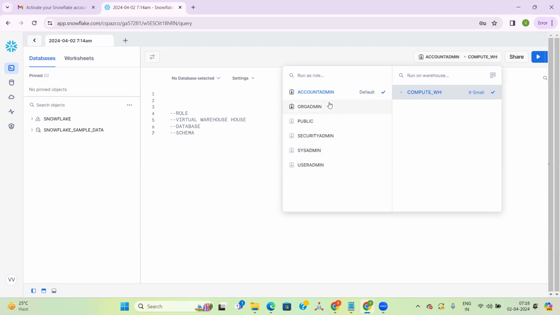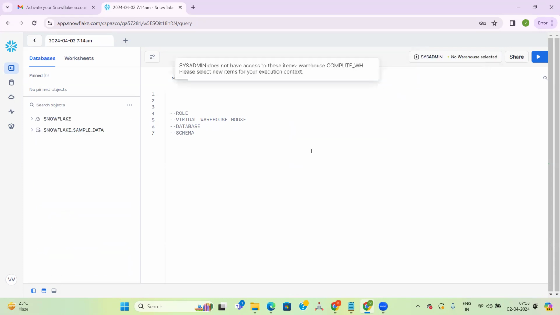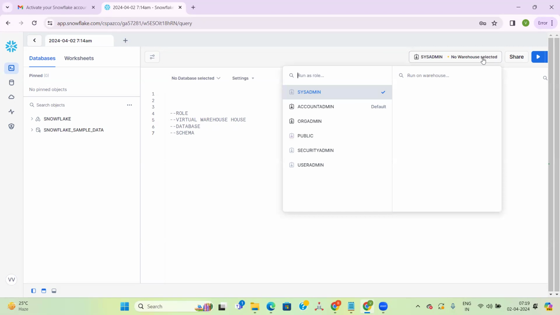So if you select account admin, I'm able to see the compute warehouse. Now, if I select sysadmin, you see here, do I see any compute warehouse here? No. So what we have to do, and it's a one-time activity,